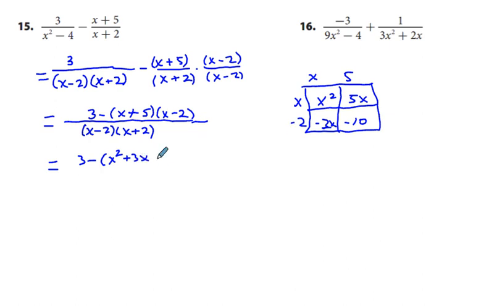And then we're going to have minus 10. And then all that over x minus 2 times 2x plus 2. Now, one thing I forgot to do that I've done at the beginning of problems earlier